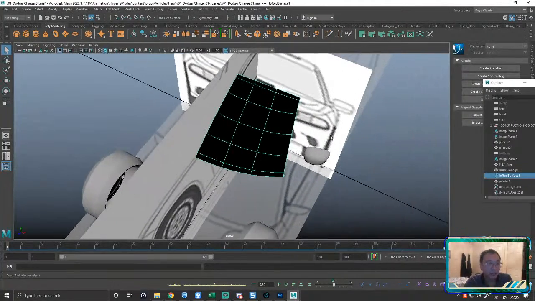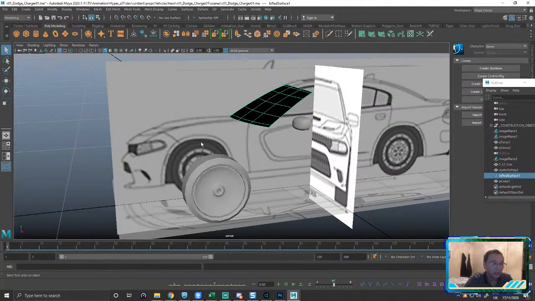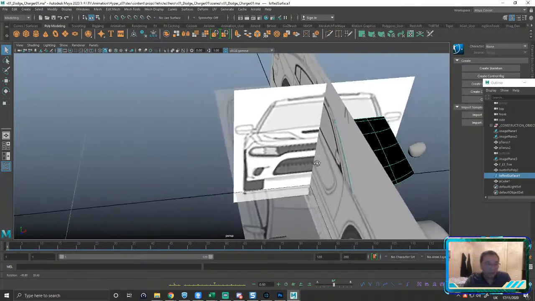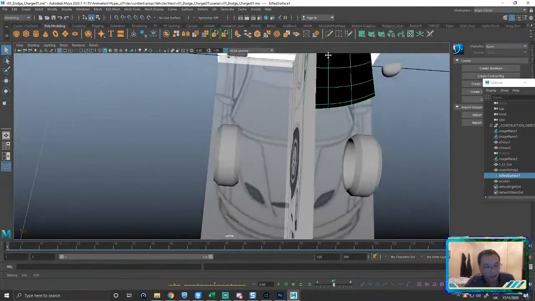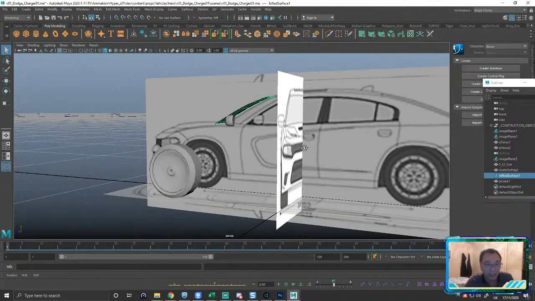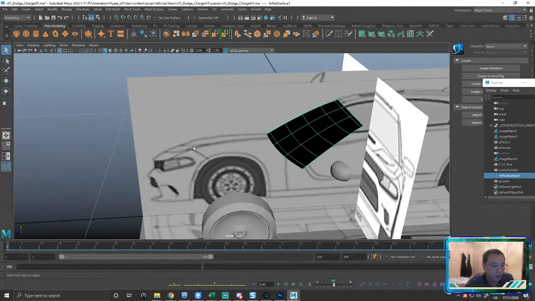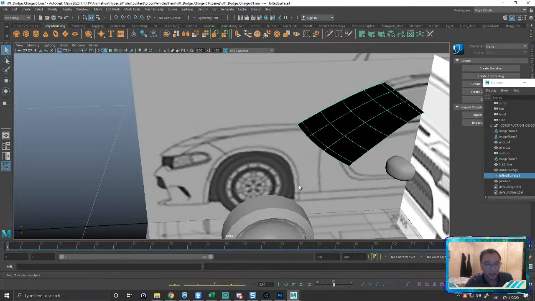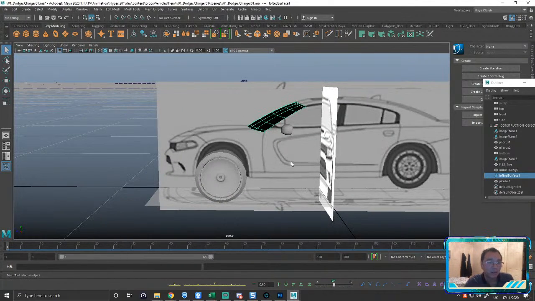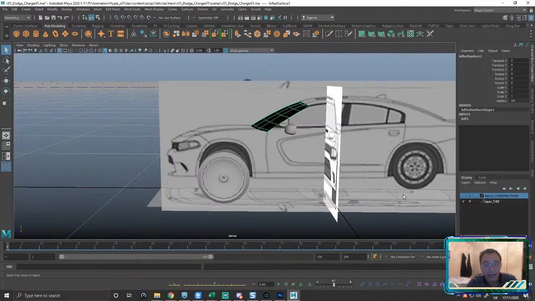Okay, so I'm going to come in here. I'm just going to really quickly start talking about how I'm going to block this stuff out, right? So one of the things I'm going to do is I'm going to try and get a little bit of this framework happening. So I'll probably start with the quarter panel here, right? So to do this, I'm going to stick a few of these objects into display layers so I can see a little bit better what I'm doing, right?